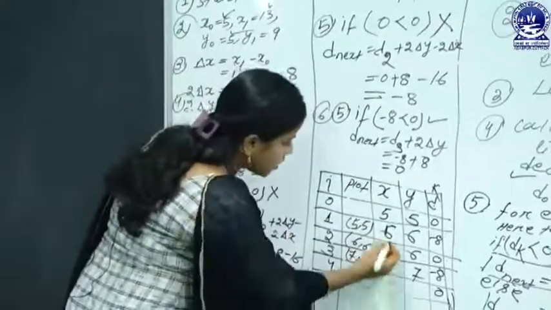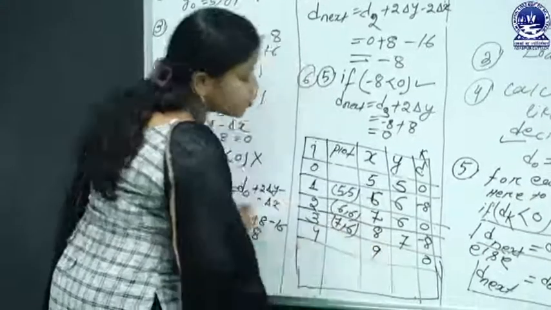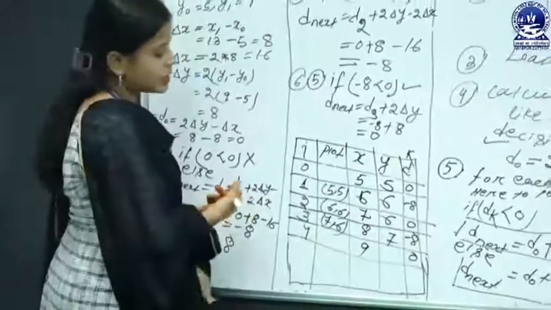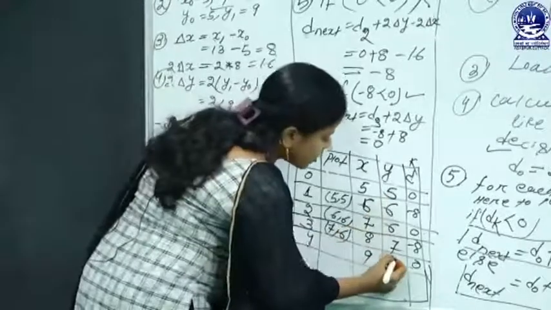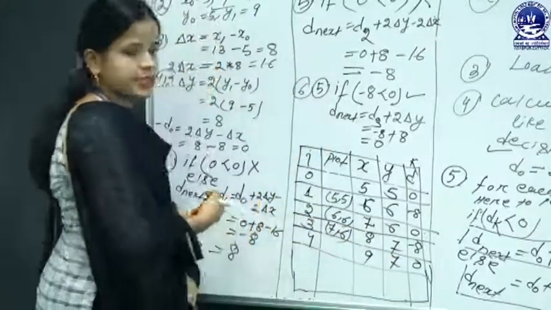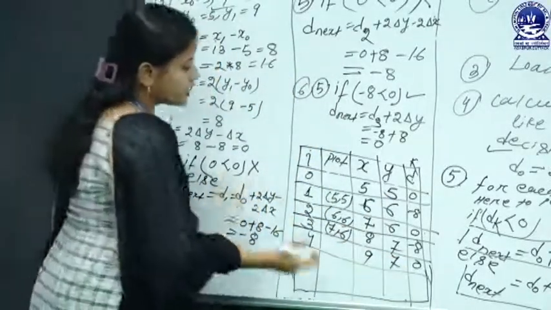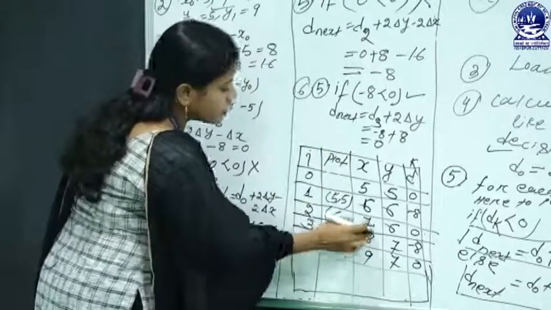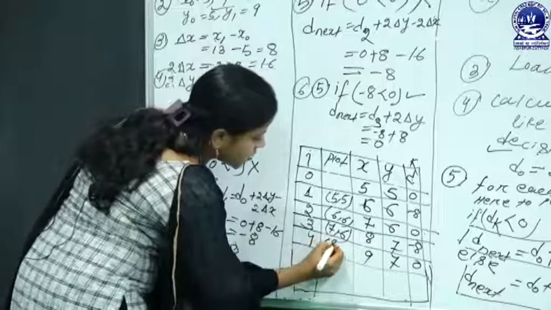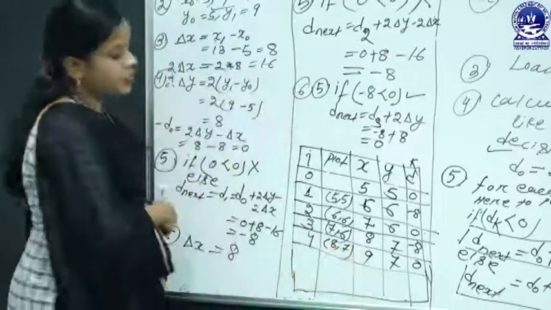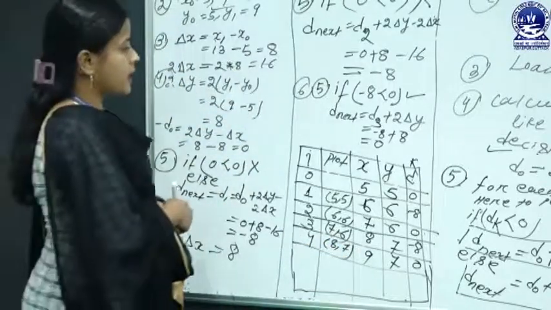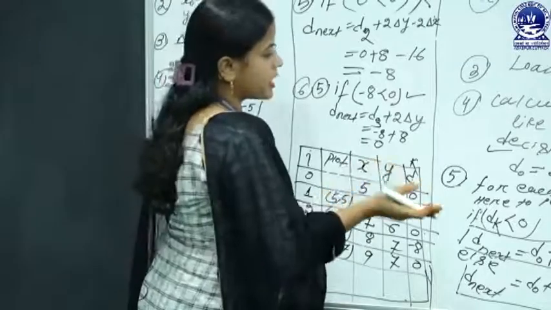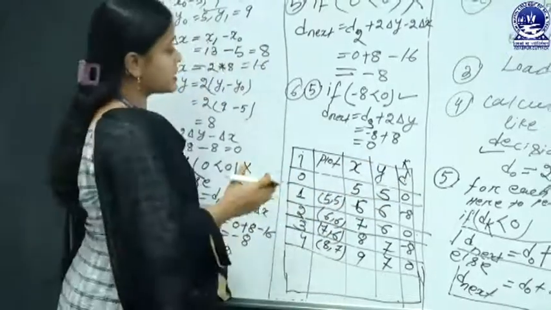So here the x coordinate value is incremented by 1 unit, that means 8 plus 1, that's 9, and the y coordinate value stays constant, that means 7. After that, we have to plot the given pixel coordinate point by using the previous value. So here the previous value is 8, 7. Then again it goes to step 6, repeat delta x times.